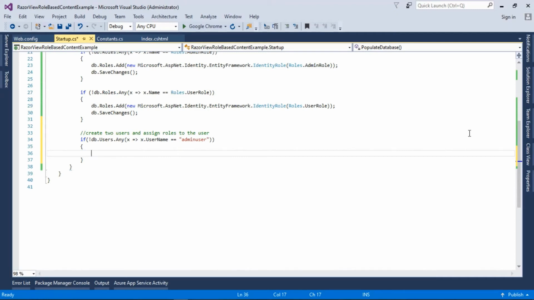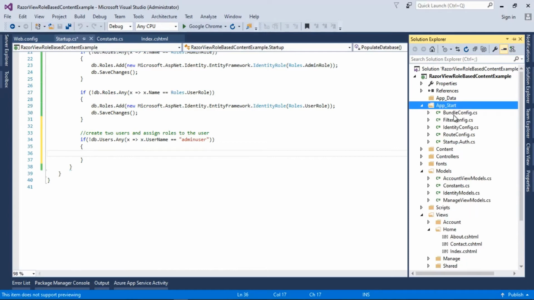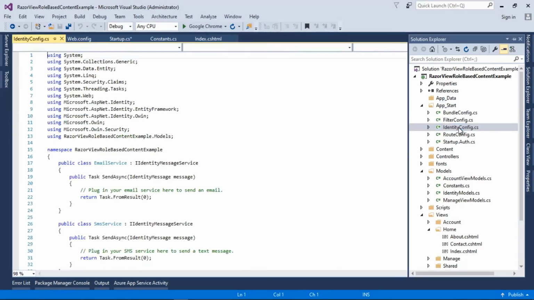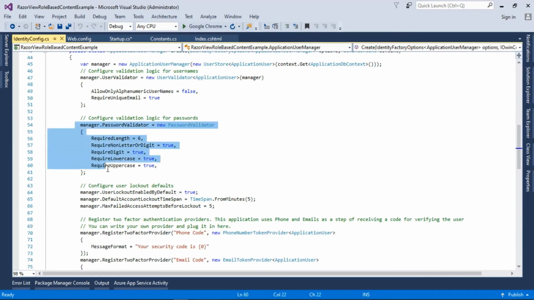So I will go back to the Solution Explorer, and from app start I will go to the identity config. When you open the identity config file, you can see the user password validator, which provides some settings and some restrictions to create a user.